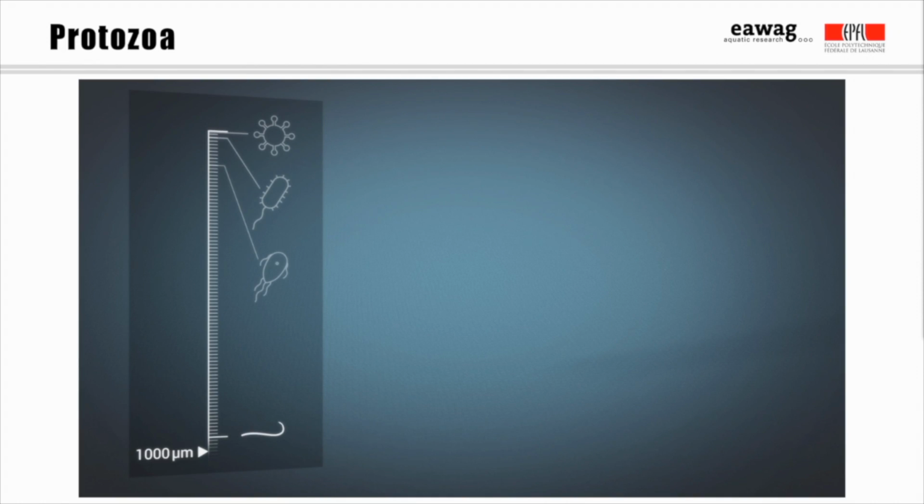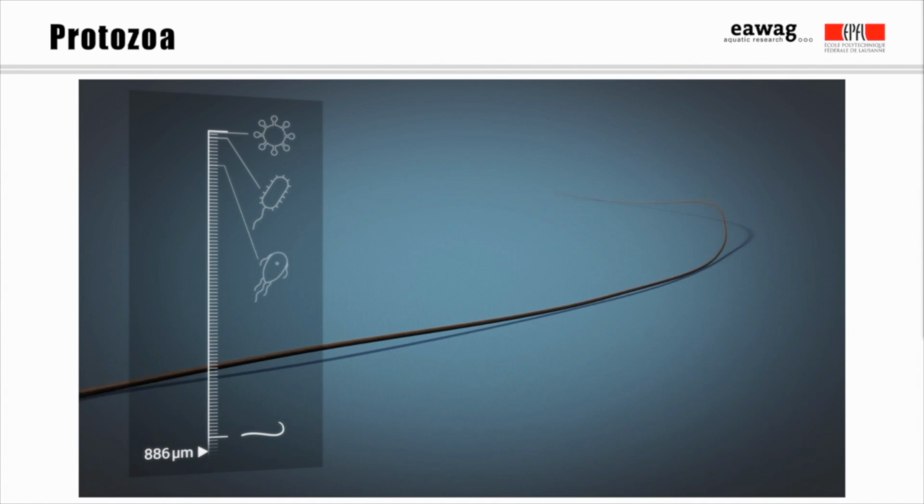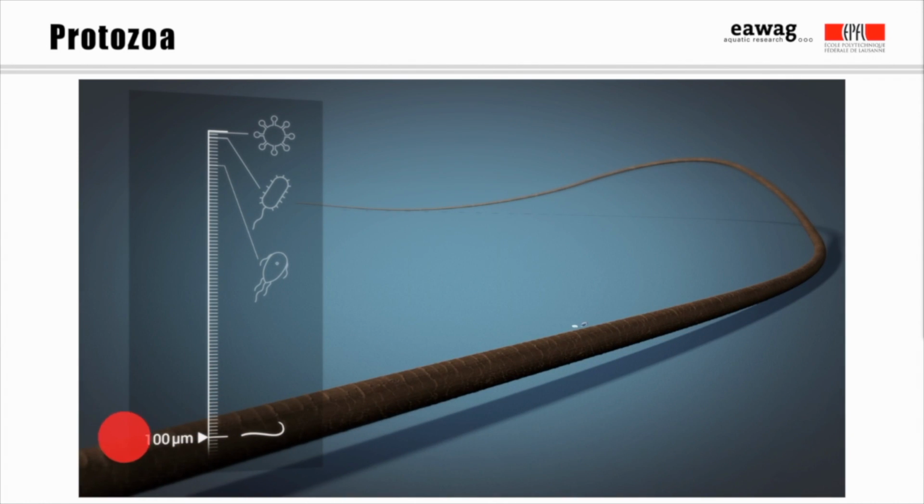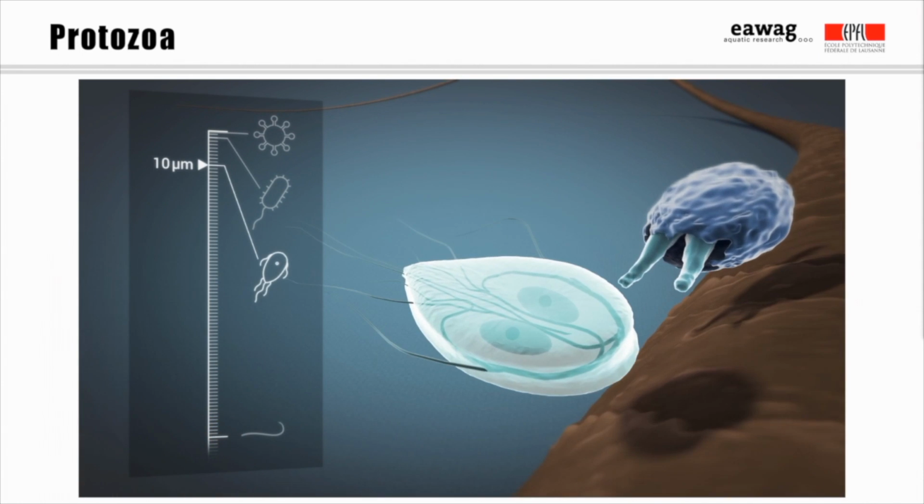The first thing to note about pathogens is that they are small. A human hair is about 0.1 millimeters, or 100 microns, in diameter. Protozoa, the largest class of pathogens, are much smaller, usually about 10 to 50 microns in size. Protozoa are one-celled eukaryotes. That means that their cell has a nucleus, unlike prokaryotic cells, such as bacteria. Some protozoa can form an egg-like cyst to survive harsh conditions, such as exposure to extreme temperature, chemicals, or long periods without water or food.